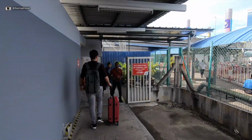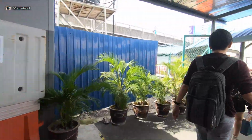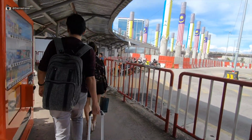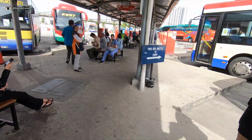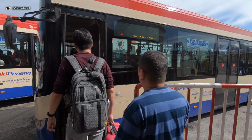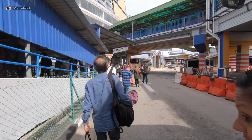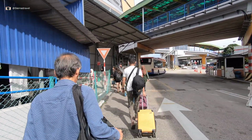And there's a sign, shuttle to ferry terminal. So it looks like we gotta jump on a shuttle bus that'll take us to the ferry. Looks like here we are, free shuttle to the ferry. Alright, so after a quick 3-4 minute bus ride, we are at the ferry terminal, just following the crowds to